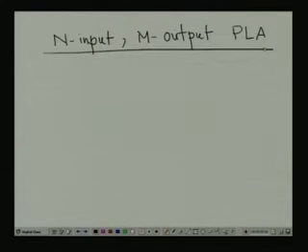First, we will consider the programmable AND array. As it is an n input, so there will be